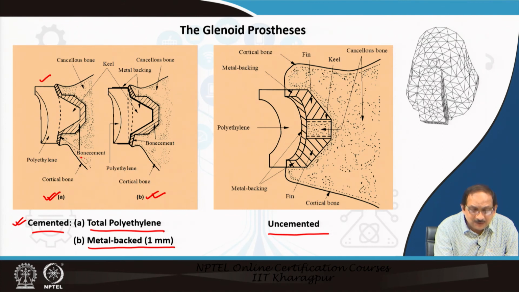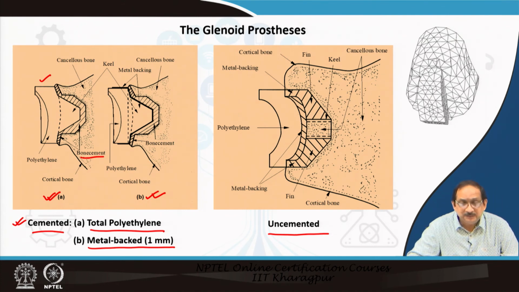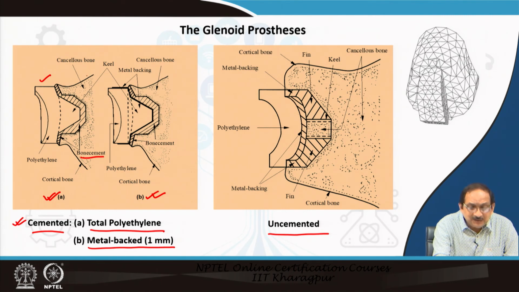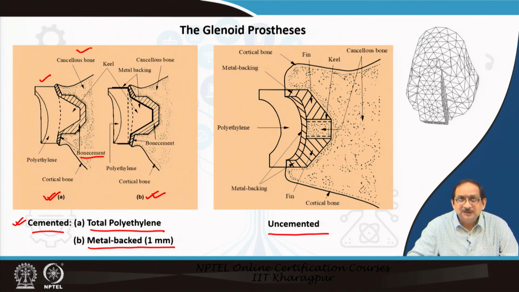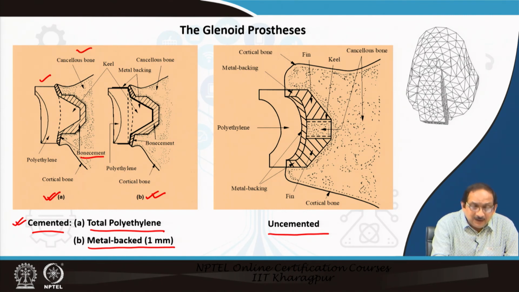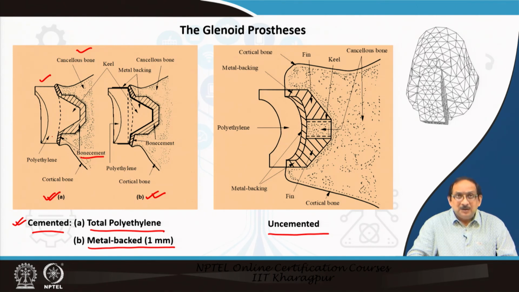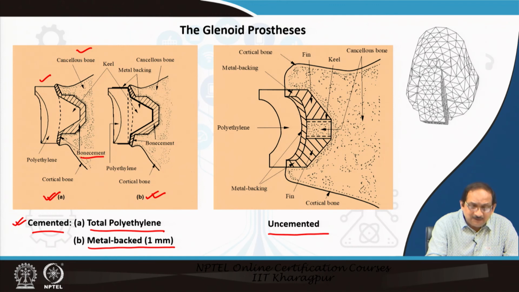That is bone cement, and the rest is cancellous bone as indicated in the slide. This total polyethylene prosthesis resembles a near prosthesis. So, we have a keel